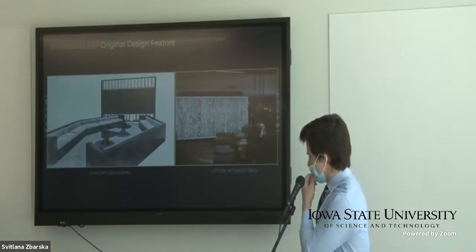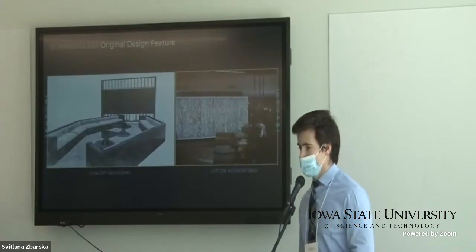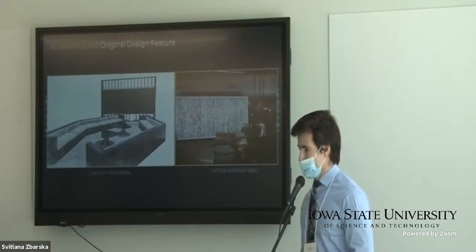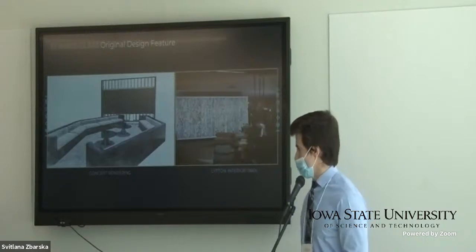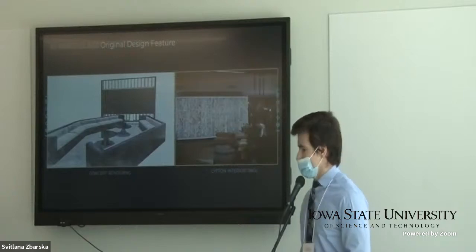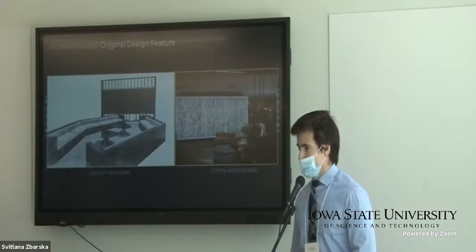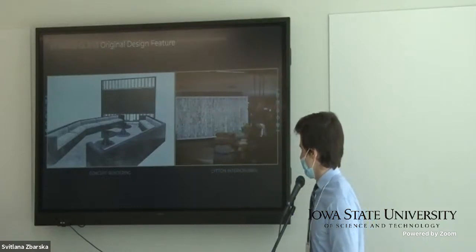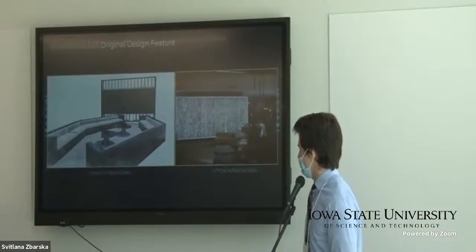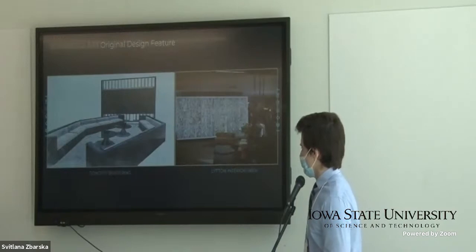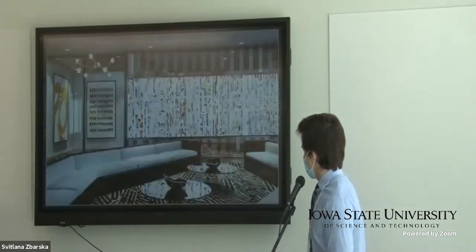And now these two images show one of the most important features. So in the original building, on that right image, there was a large historical stained glass piece of art that was featured for a variety of years. In fact, it was there until 2019, and it served as a focal point for people when they were walking into the bank. So featuring that space in a unique way really highlights it. You notice on the left is the concept sketch of how best to frame that environment, and what would be a good idea on the best way to display that in a unique way. And that was the solution to that.